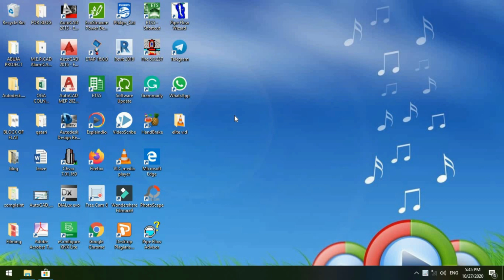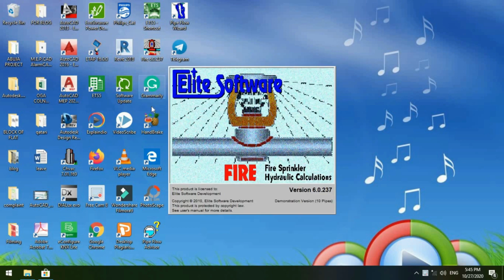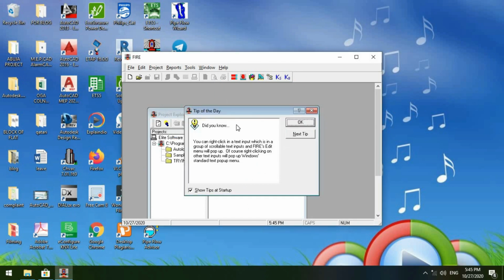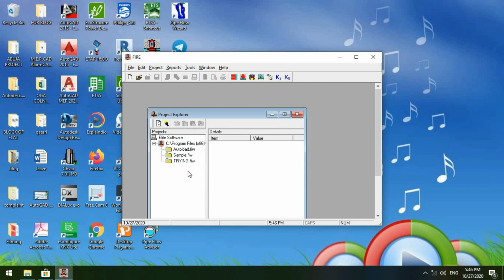After opening our software, there is a pop-up for update, which I said no. So actually, Elite developers try to make their software lucid. By following through this tip, you ought to be able to walk through your project. But to make this easier,